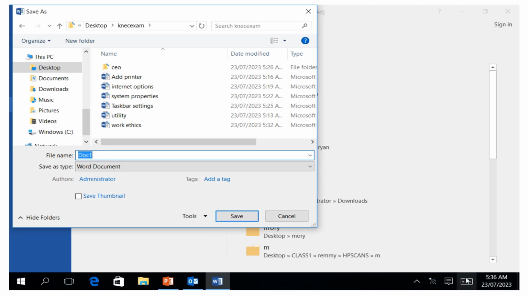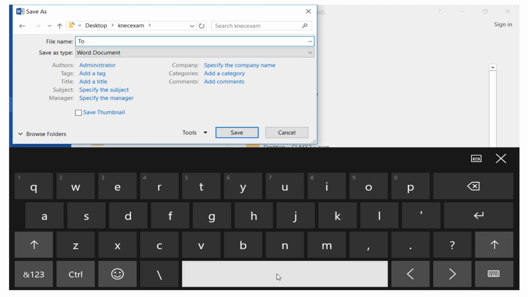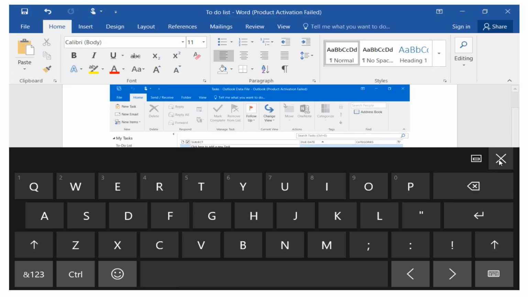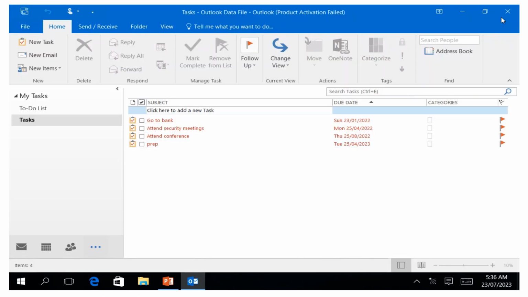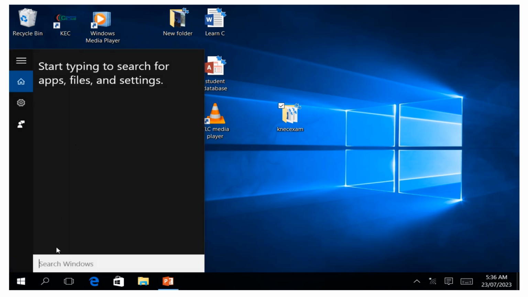So you just click and give the file name as to-do list, just like that, and then you can click save. Save like that. And then we can cancel that. You're done with that. And then the other question requires you to open the paint and do some drawing. So to open the paint, you just go to the start or to the container here,